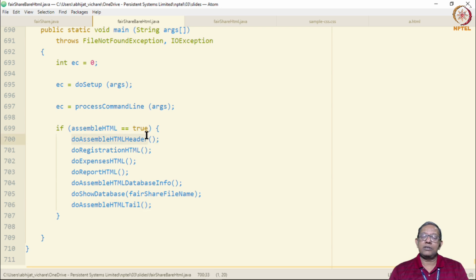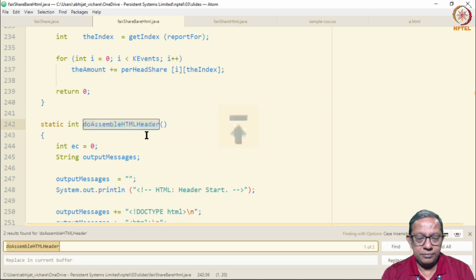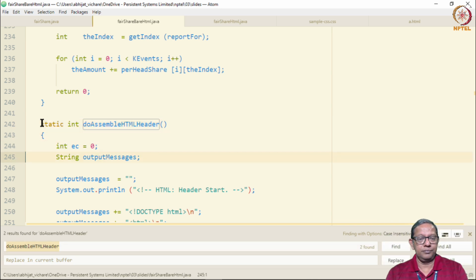Let us see what the assemble HTML header does. It has a local variable, a string output messages, and it is in this string that we will collect parts of the HTML page.